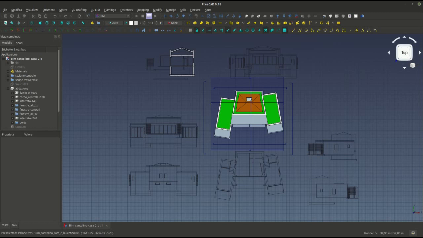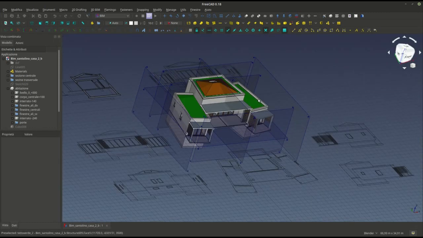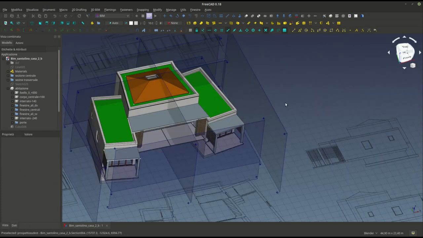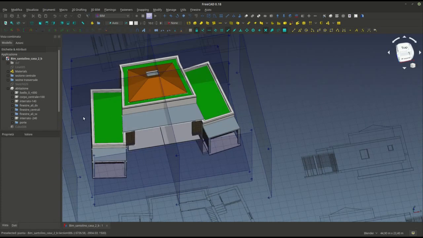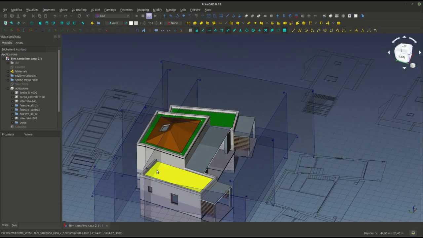So this is the model of the final house. It's a geometry that presents some organic element. It's not a very square house, with some of the surfaces that are not perpendicular to each other,